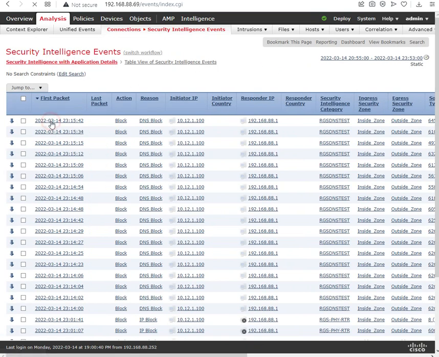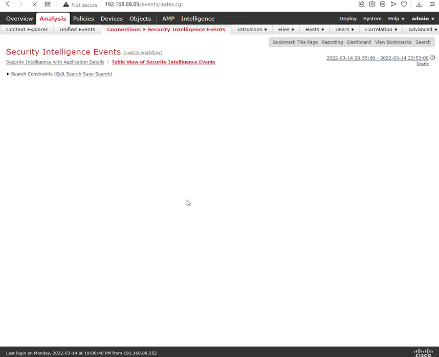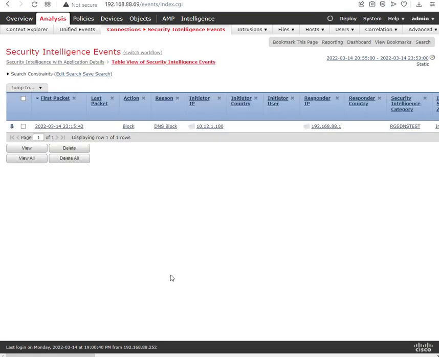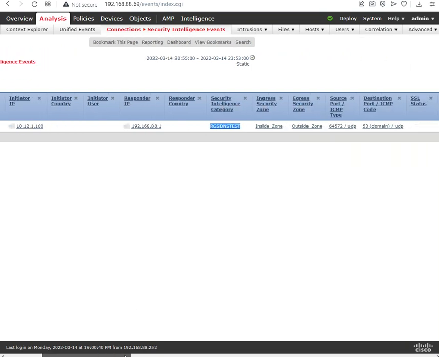So going into more packet detail, the action is blocked. Reason DNS block, initiator IP this, responder IP 88.1, security intelligence category which we configured, ingress